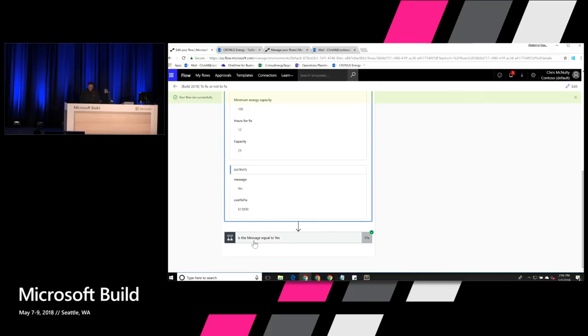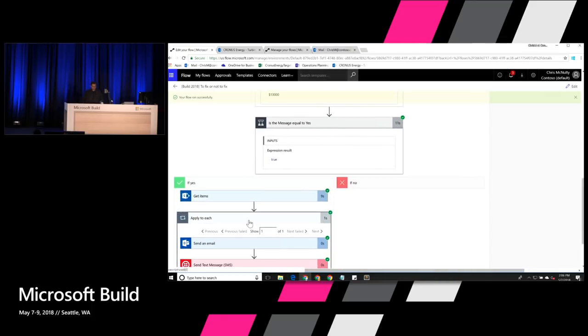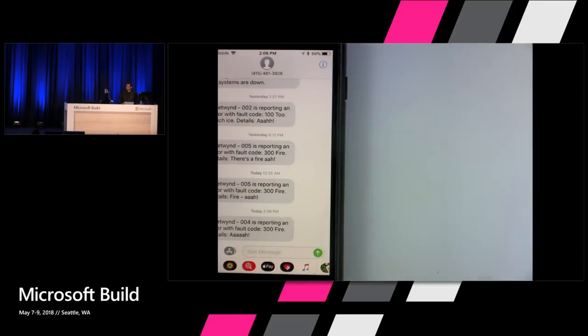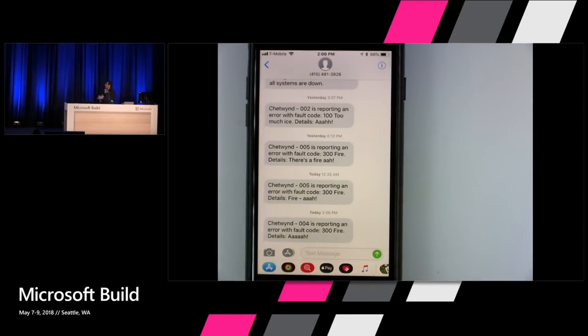And it sent a text message and an email to a certain individual who happens to share my phone number. And there you have it. Chetwynd 004 is reporting an error with fault code 300. Fire, and the details are,